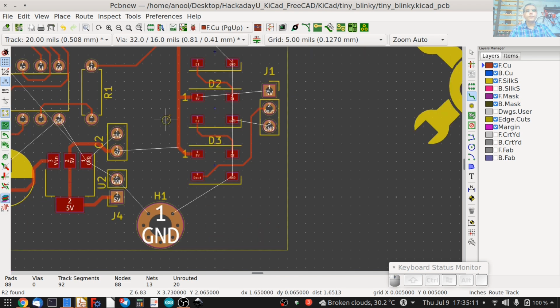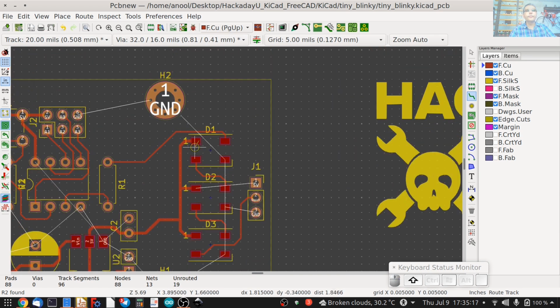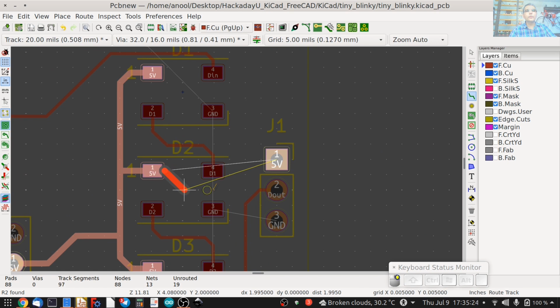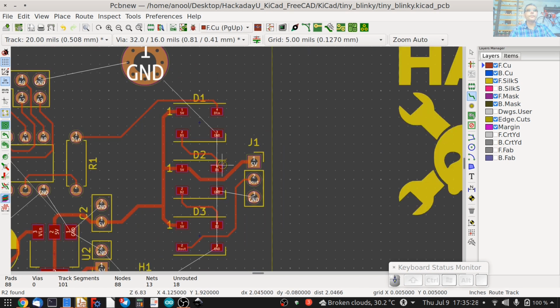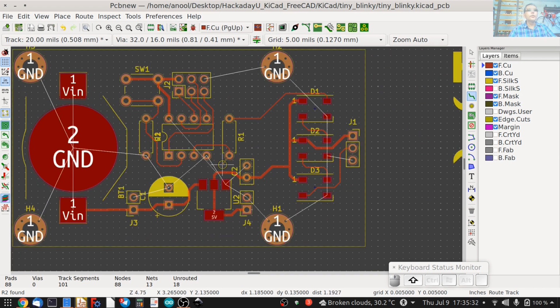Let's connect 5 volt like so here, and probably we can snake 5 volt through here, and bring it to this header. So at this point, looks like we are done pretty much with all of our routing.